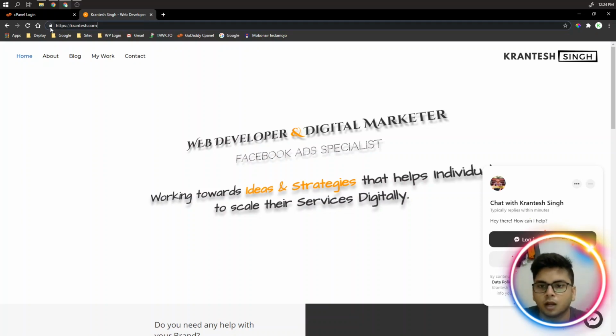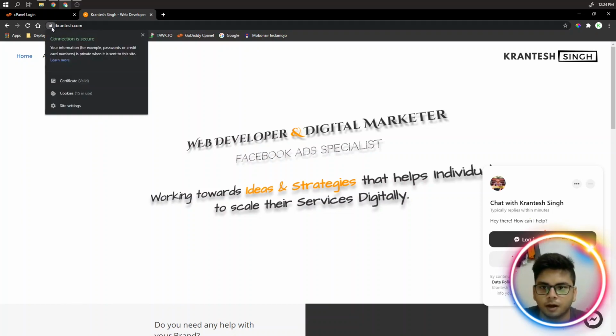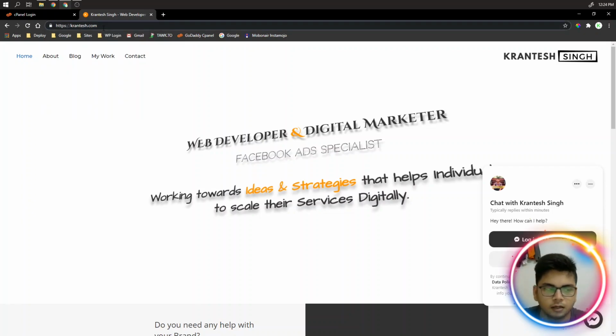Also you can see that my website has this lock symbol. This lock symbol is very important, so that it identifies any website as having SSL installed.